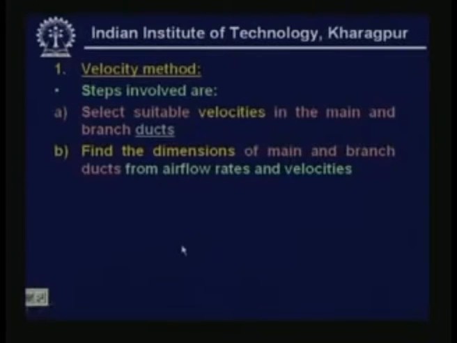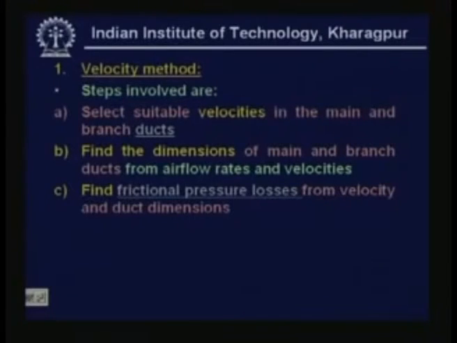Once you select the air velocities, we can easily find out the dimensions of the main and branch ducts from air flow rates and velocities. Remember that we know the required air flow rates from psychrometric calculations. Okay, so you know the air flow rate, and once you select the velocities, air flow rate is nothing but cross sectional area multiplied by velocity. So flow rate is known, velocity is known, so you can find out what is the required cross sectional area. So if you are selecting a circular duct, let us say, then from the cross sectional area you can easily find out the diameter. If you are selecting a non-circular duct, let us say a rectangular duct, even then you know the cross sectional area, so you have to fix either one side or the aspect ratio so that you can find the other side. Okay. So it is very easy. Once you know the flow rate and velocity, finding the dimensions of the duct is easy.